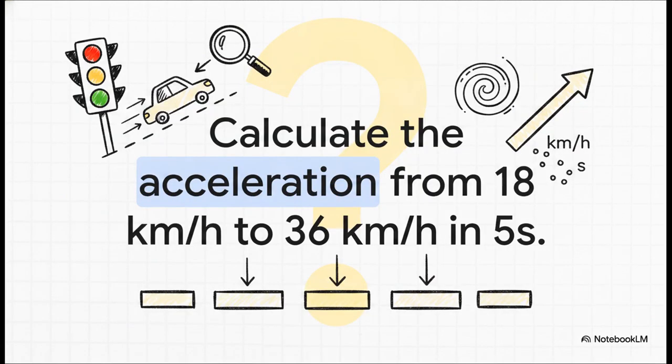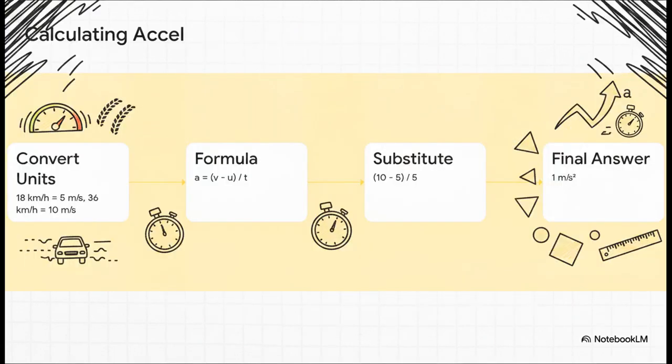If you see this type of numerical in an entrance exam, don't panic. It looks a bit tricky because of the units, but let's break it down using our standard step-by-step scaffolding. The question is, a car accelerates uniformly from 18 kilometers per hour to 36 kilometers per hour in 5 seconds. Calculate the acceleration. Okay, a massive, and I mean massive, mistake students make here is forgetting to convert kilometers per